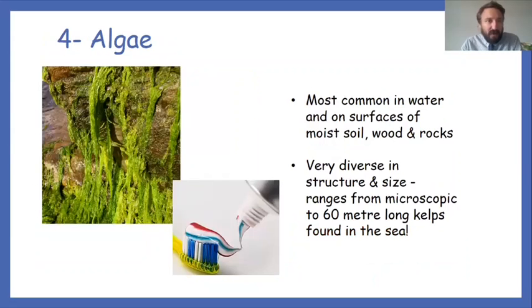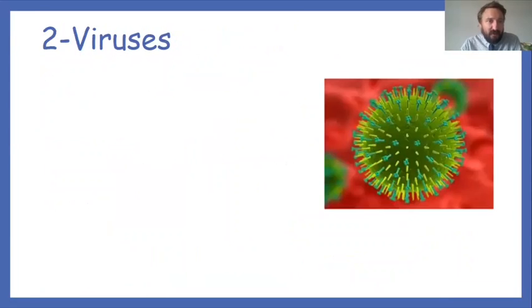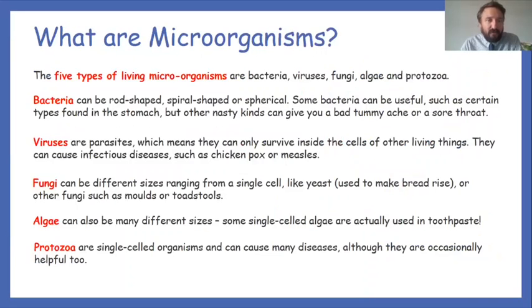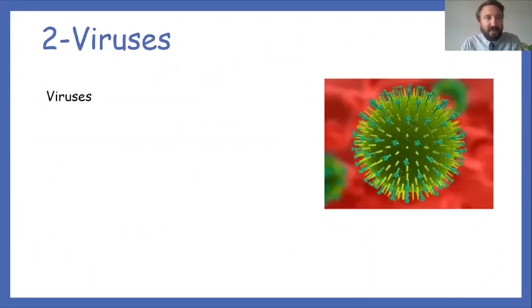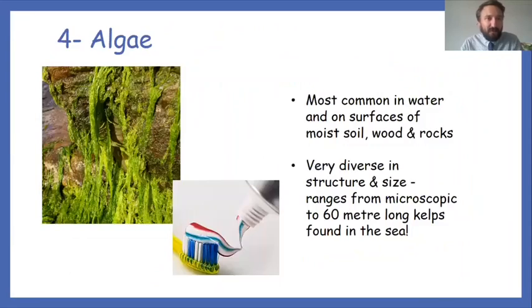Right, now I'm just going to quickly go back to have a look. Here we go. So now you should be really clear. If not, you might want to stop the video and rewatch, but these are our 5 types. We're classifying these microorganisms into 5 types, and the different types are bacteria, viruses, fungi, algae, and then protozoa. I hope you're really clear on that, because you're going to have a pop quiz in a second. But before we give you a pop quiz, I thought it would be quite nice to share